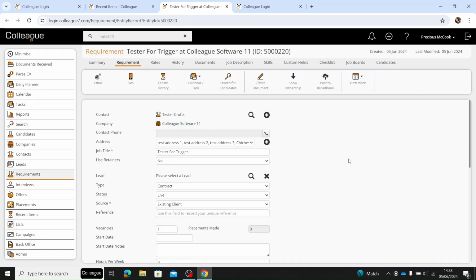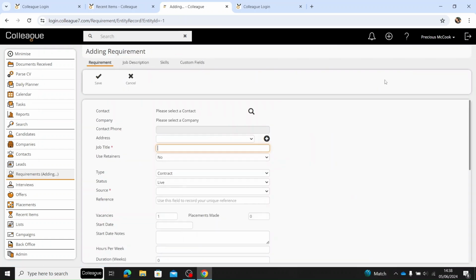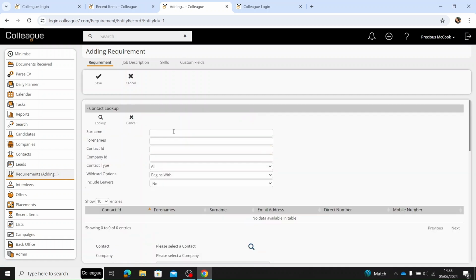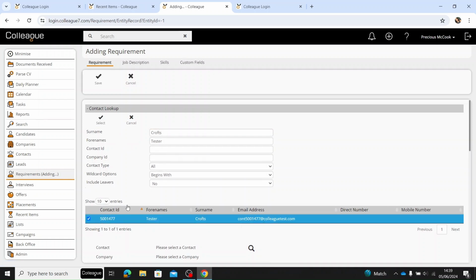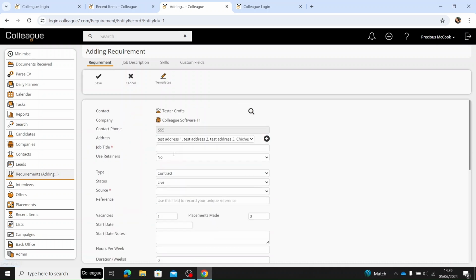How you would use a template is when you are creating a new requirement. So firstly, let's start to create a new requirement. And then where it says contact, if you select the magnifying glass, and then pop in the relevant information for the contact. So for example, in this case, I believe it was Tester Crofts. So if we pop Tester in the forename and then select lookup and select the relevant contact and then press select,